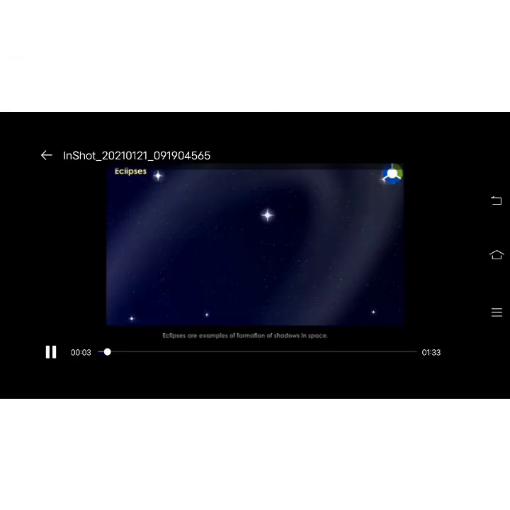Let us learn about eclipse. An eclipse is an incident when any astronomical object is partially or fully obscured due to the placement of another astronomical object in the presence of light. It happens due to the rectilinear propagation of light. Due to this property, lunar eclipse and solar eclipse occur.